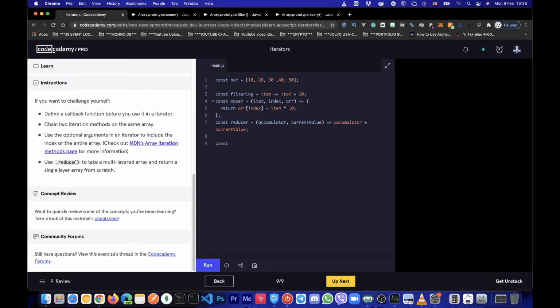Okay, and now let's create a new const called new num. So a new array will be stored in this variable. And now let's start with the chaining. So we are calling methods on this num array. So num dot filter, then pass the filtering callback to the filter method, and then chain the map method, and in this one pass the mapper callback,